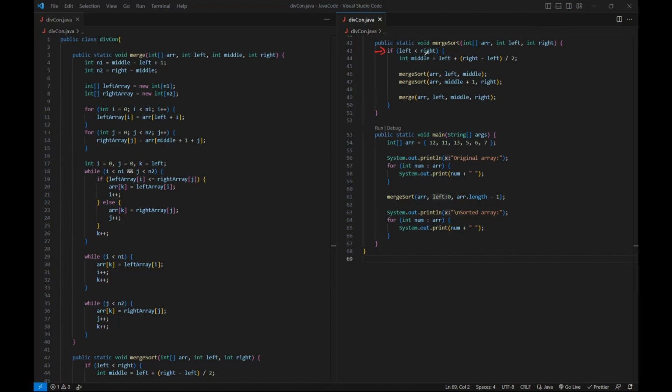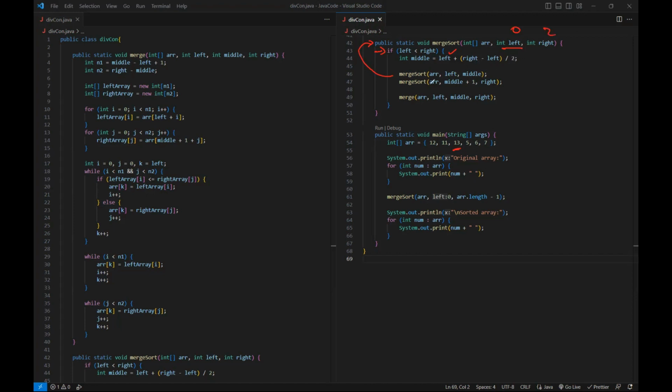Okay, coming to this point. So if left is less than right, okay, it's less. Then here what we are going to do, we are going to find the middlemost element. So that is nothing but we'll find out this index most probably. And then we are going to call the function merge sort array left comma middle. So again, from here, it goes back here. But here, what will be the present left value? The left value will be still 0. But now the middle, it will be